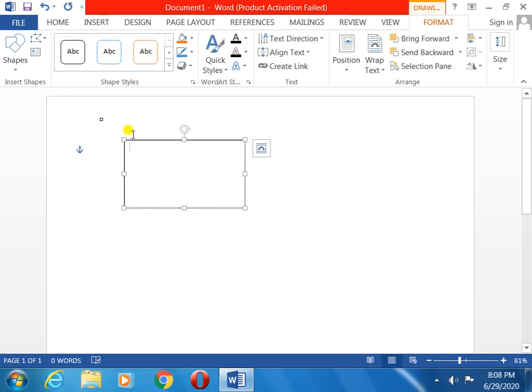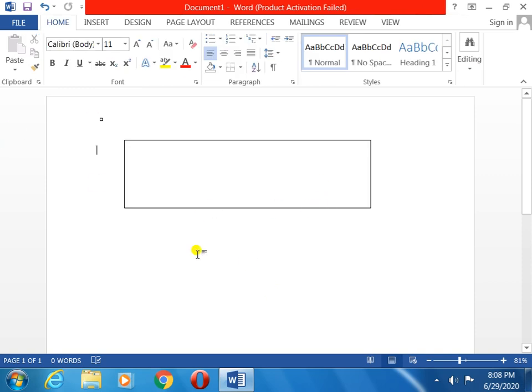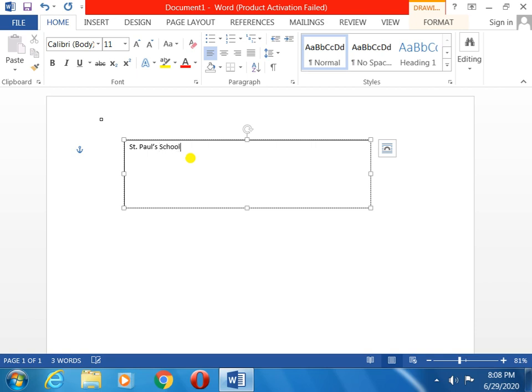Whenever you touch the document area, a plus sign will display, then you will drag it. Why drag it? It is the area where you will type. If you want more, you will see this square box. Pull it, so your page will take more space. After that, if you click outside, this box will show. Now I am typing anything here. Suppose our school name I am typing, St. Paul's. I have typed this one.